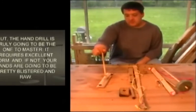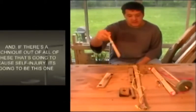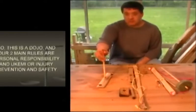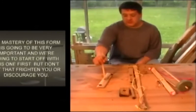It requires excellent form, and if not, your hands are going to be pretty blistered and raw. And if there's a technique out of all of these that's going to cause self-injury, it's going to be this one. So this is a dojo, and our 2 main rules are personal responsibility and ukemi, or injury prevention and safety. So mastery of this form is going to be very important, and we're going to start off with this